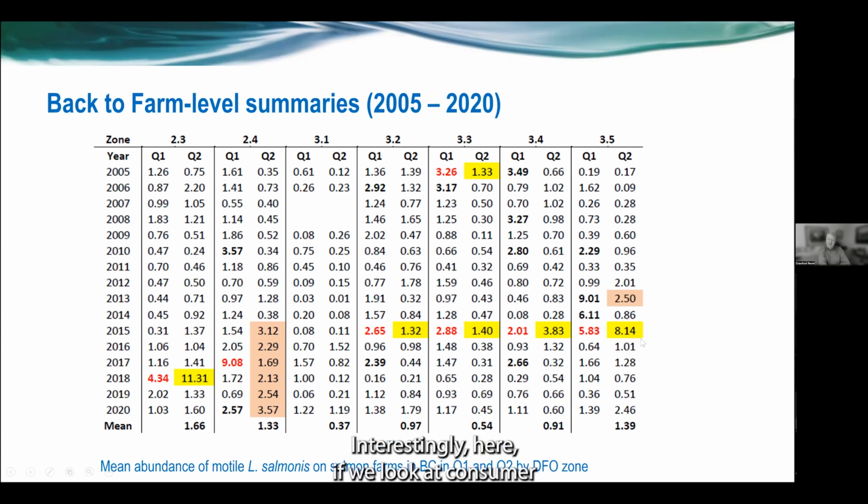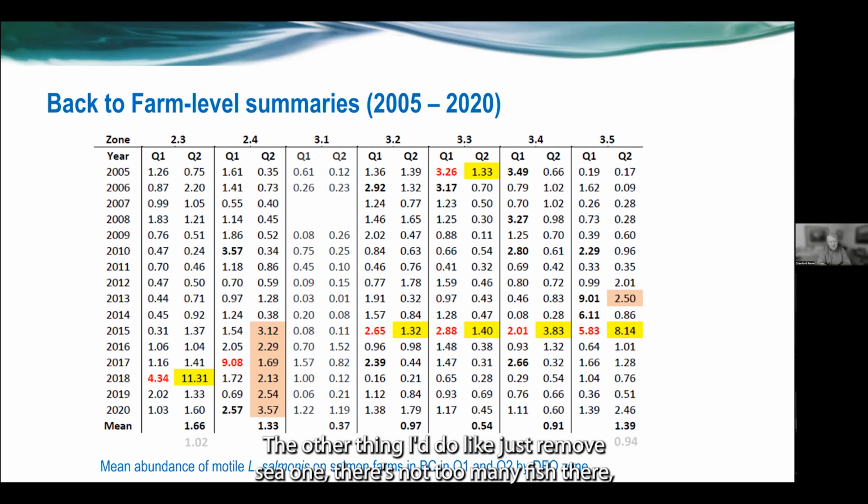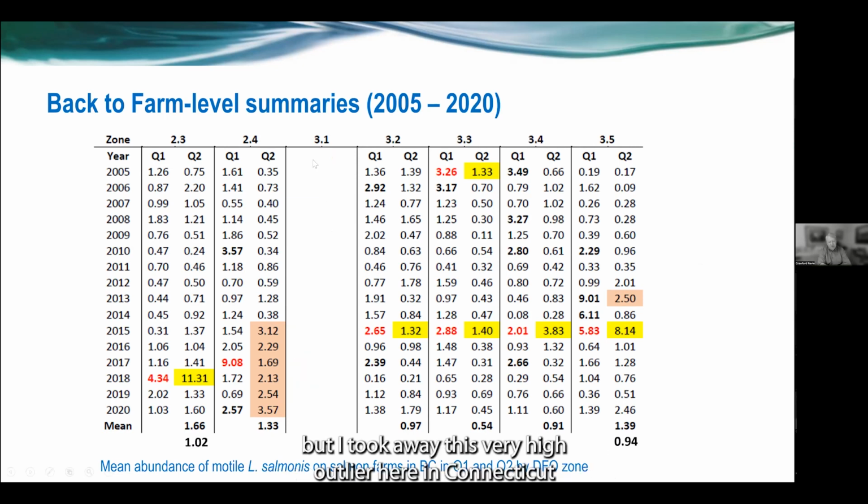Interestingly, here, if we look at the Kitasoo level, farms in particular, 3.5, which is the DFO's designation for your area, both 2013 and 2015 saw fairly high levels in Q2. That 2013 is not seen elsewhere on the coast, so we have to think about why that might be the case. The other thing I did, I just removed 3.1 because there's not so many fish there,